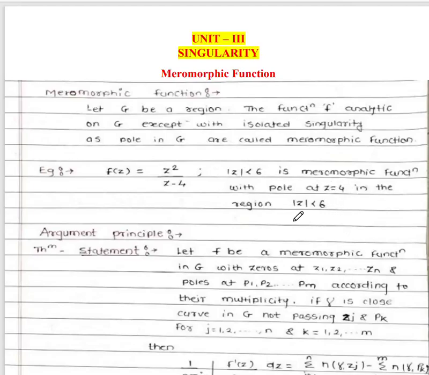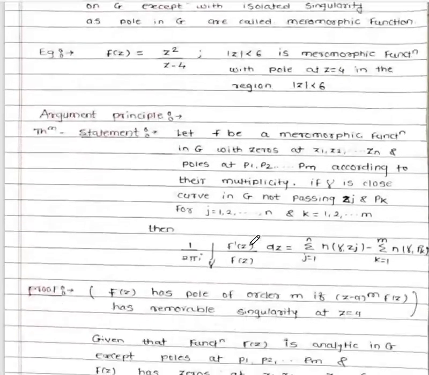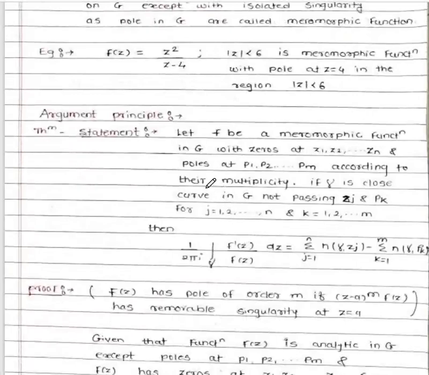Now we will see the argument principle on a meromorphic function. The argument principle is stated as: let f be a meromorphic function in region G with zeros at z1, z2, up to zn, and poles at p1, p2, up to pm, according to their multiplicity. If gamma is a closed curve in G not passing through zj and pk, for j equal to 1 to n and k equal to 1 to m,